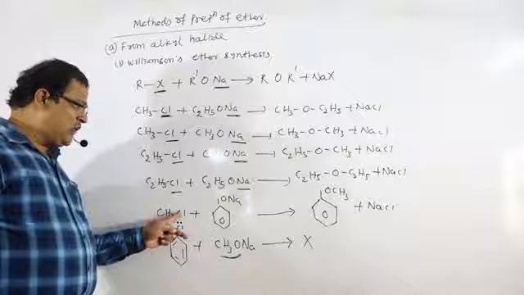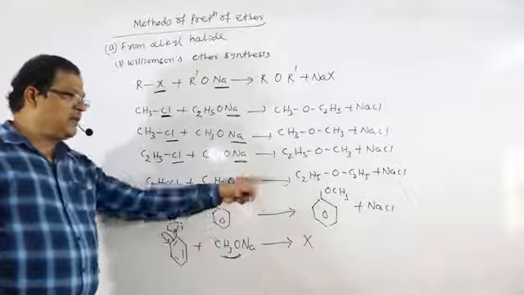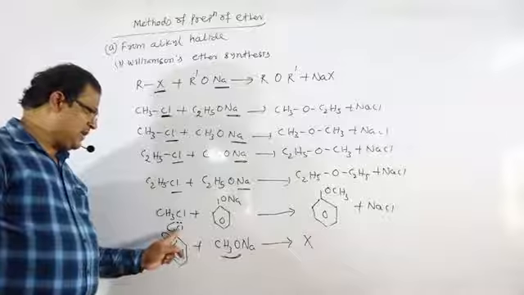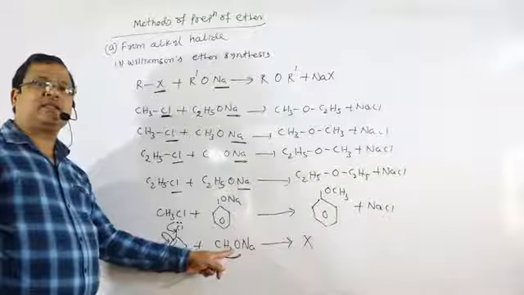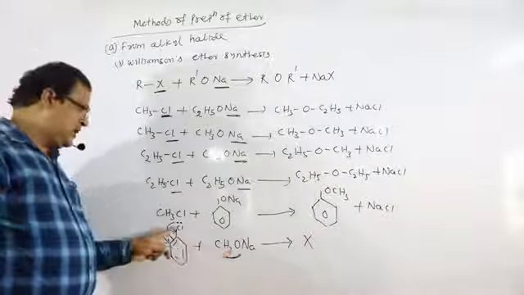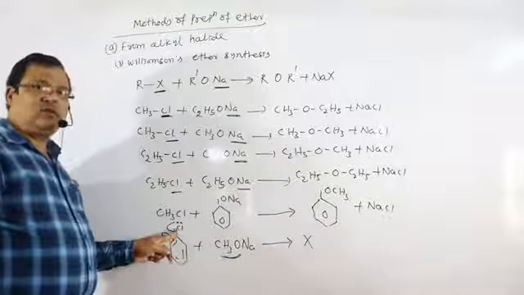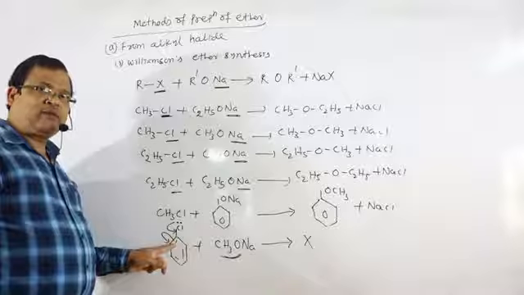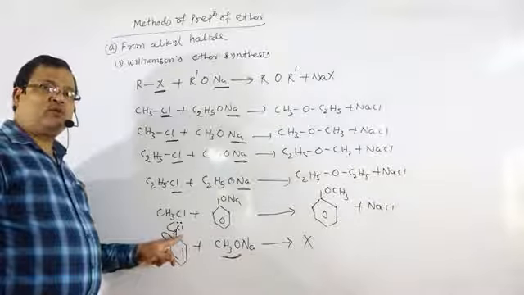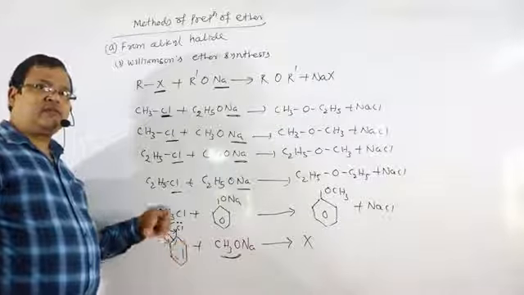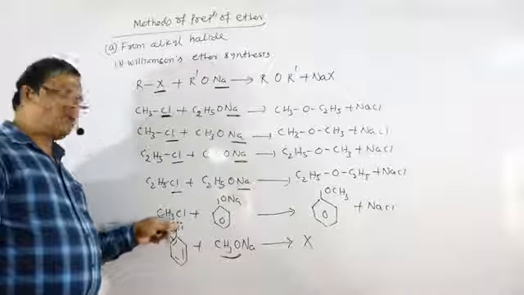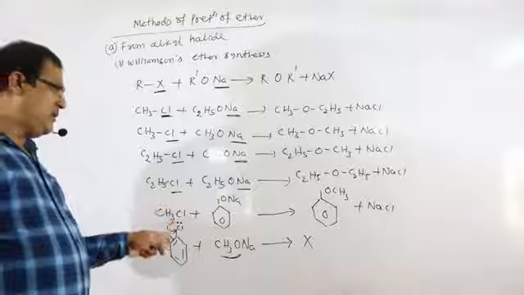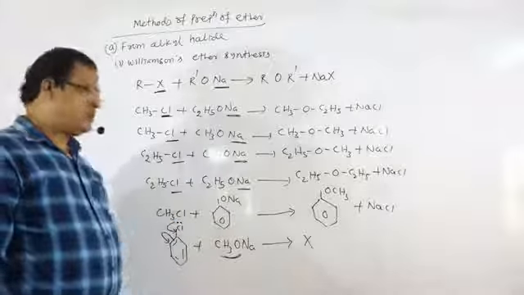If we take methyl chloride with sodium phenoxide, there is the formation of methoxybenzene. In the case of chlorobenzene, the chlorine is not replaced by the CH3O minus group, because this bond is strong due to resonance, the development of double bond character, the sp2 hybridized carbon atom, and a bond length of 1.68 angstrom. Therefore the carbon chlorine bond strength is more, this bond cannot easily break, and the chlorine atom cannot be replaced by the OCH3 group. So there is no such product.